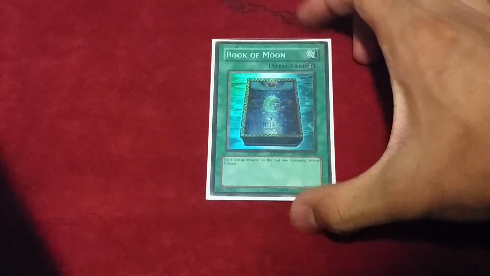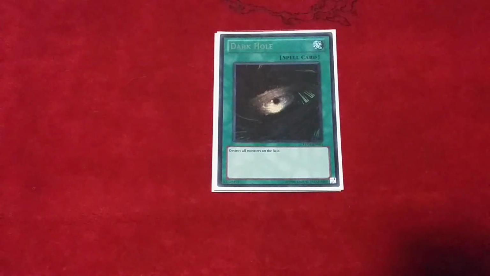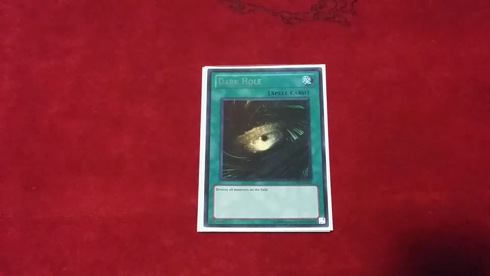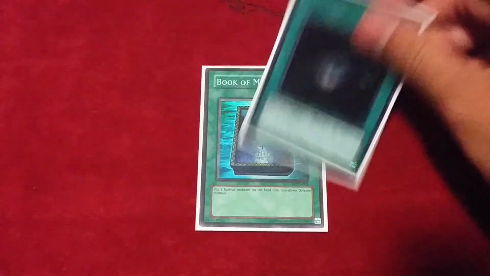So for the spells, 1 Book of Moon is the best -1 spell in the game. Dark Hole, Dark Hole is amazing right now. This card helps get around cards that say no targeting. So if your opponent has like a turtle in the graveyard and not a hare, you can Dark Hole safely